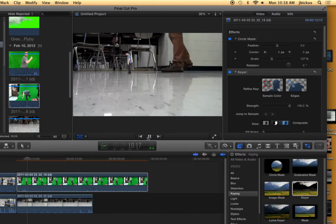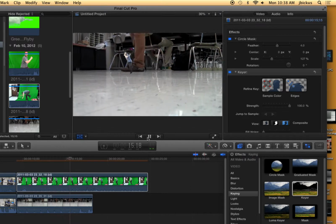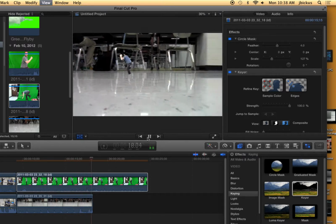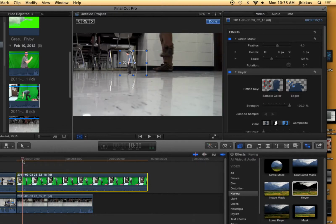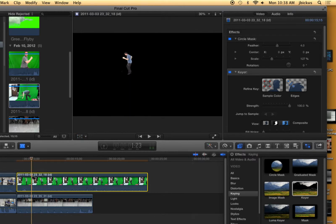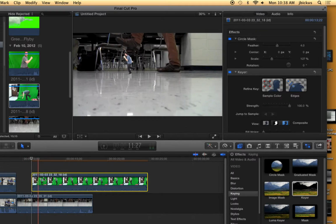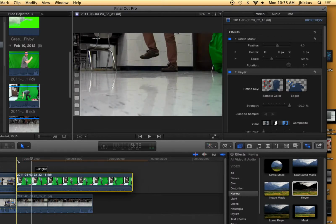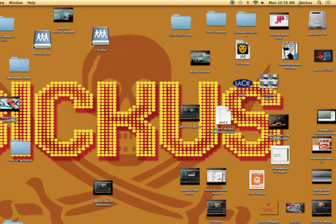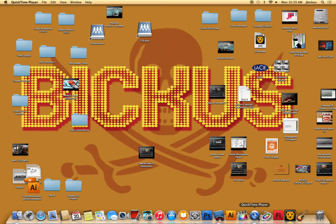You can see the issue there is it matches up kind of well, but not extremely well. So you might want to trim out some of it at the beginning when he's just standing still. Slide that video clip over. If and when this closes out again for like the 9,000th time, then yep, there we go. Awesome. So the next step then, guys, would be to